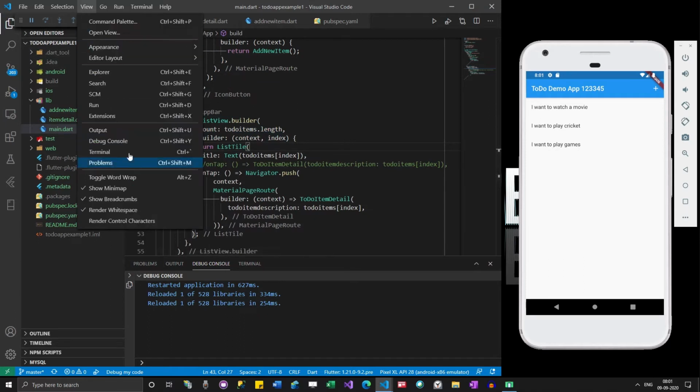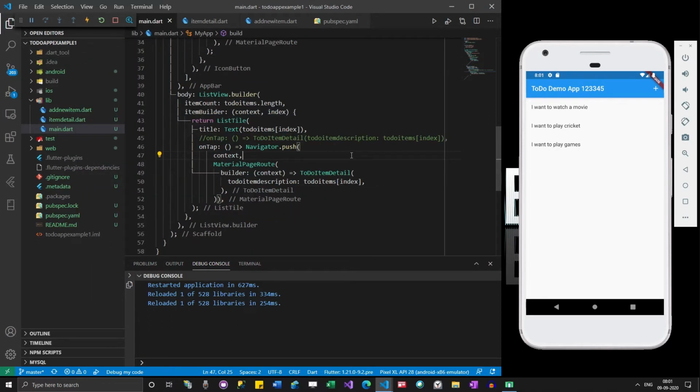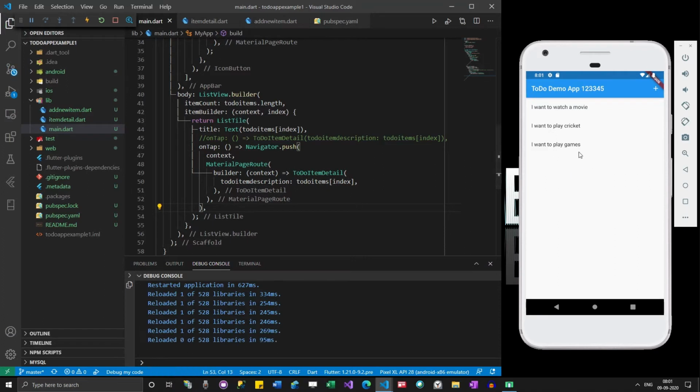Okay, so let me toggle word wrap so that all the code will be visible. So now it should work. Let's see if it works or not.